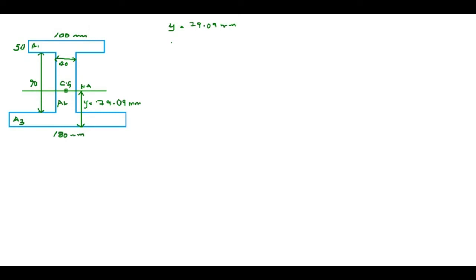So next, how do you calculate I? I also made a video on how to calculate the moment of inertia of an unsymmetrical or a symmetrical section. Please watch that. I'm going to write the actual calculated values here: 69.49 into 10 to the power of 6 mm to the power 4. You can verify these values, calculate on your own.